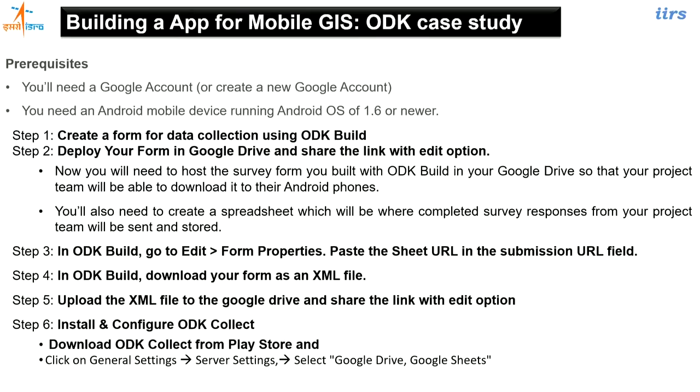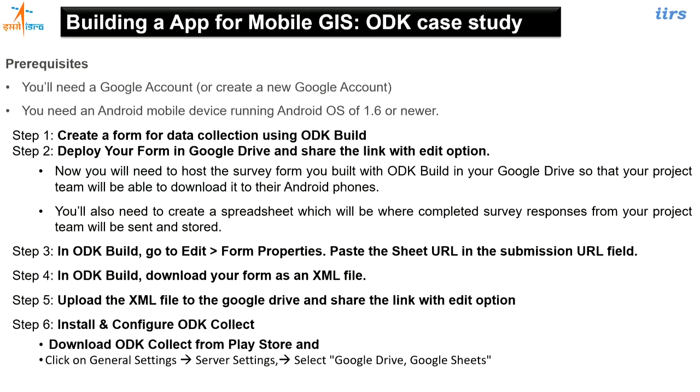Now, once the data is collected, you want to share it with other people, or send it to a central server. So ODK provides you that server component also. There is one component called ODK Aggregate. So ODK Build is for form creation, ODK Collect is for data collection, and the ODK Aggregate server is the server component which will first host the blank forms, and once the data are collected using ODK Collect, these are sent to that Aggregate server.